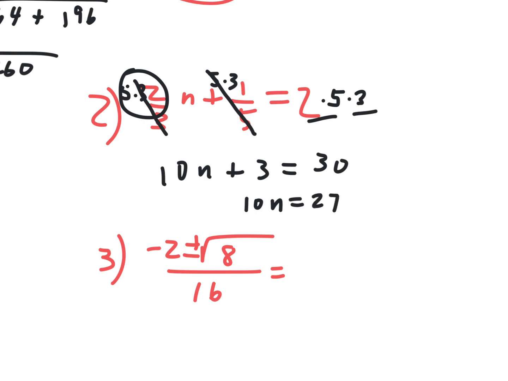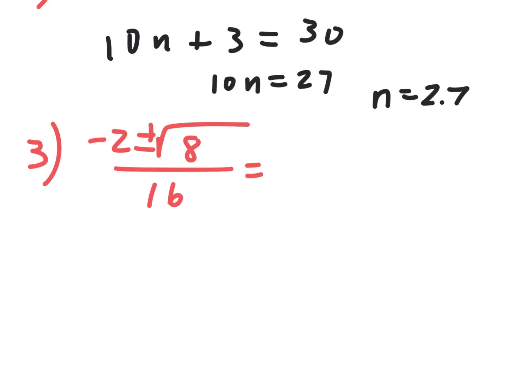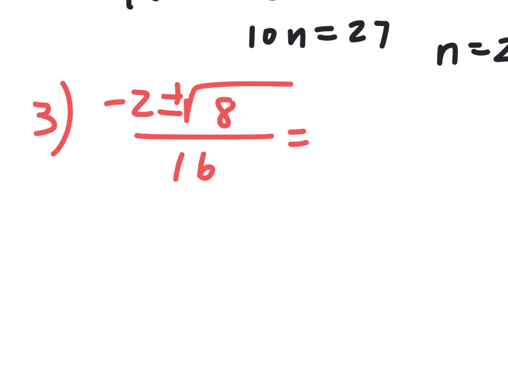And I think some of you guys know this, but when you divide by 10, you just move the decimal over and you get n equals 2.7. If you did it as 27/10, I'm okay with that. How many of you had the right answer for that one? Good. And let's go with